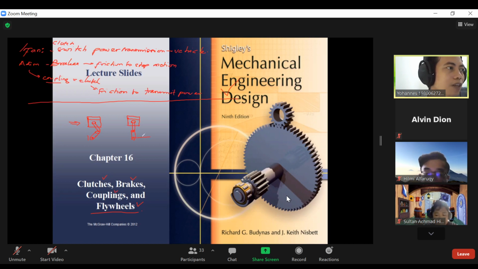So the output is this crankshaft. If you give pressure to the piston, induced by the explosion of the fuel combustion, you have the pressure work, and it will crank the shaft. So this shaft will turn and produce the torque,